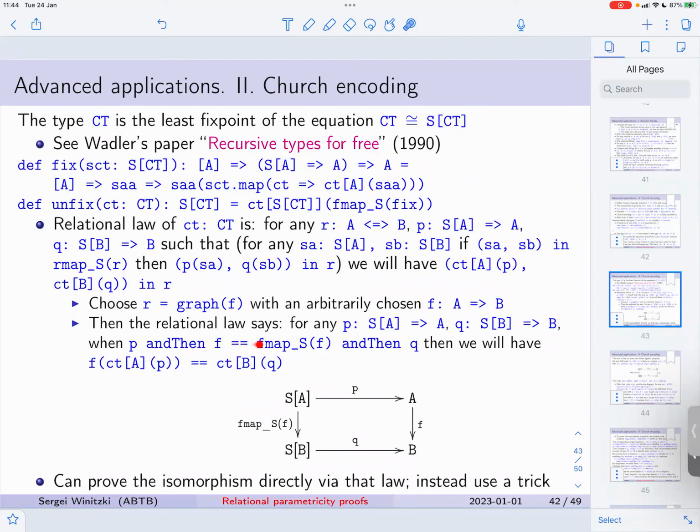When this fold data satisfies this equation, then we must satisfy that equation. Now, this is not so easy, because it's not just a single condition, a single equation for CT. It's for any P and Q satisfying this condition, and this condition actually can be written like that. So it's a commutative diagram, where you do first P and then F, or like this, and this